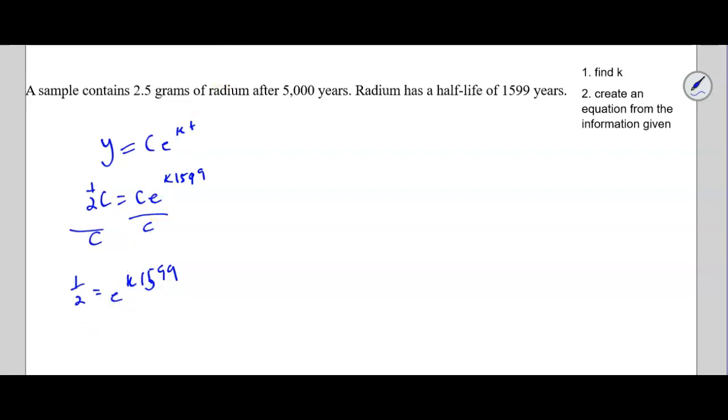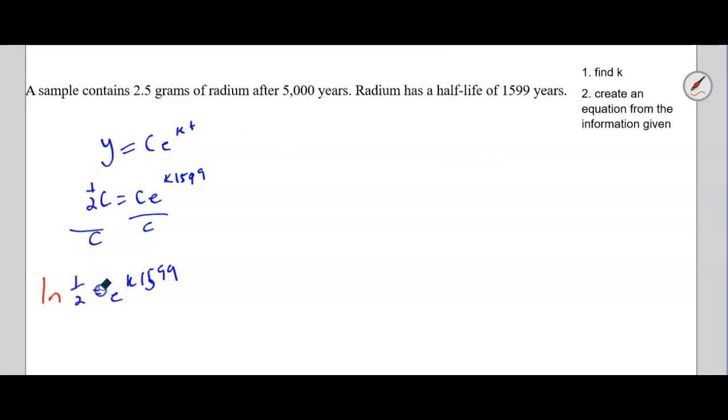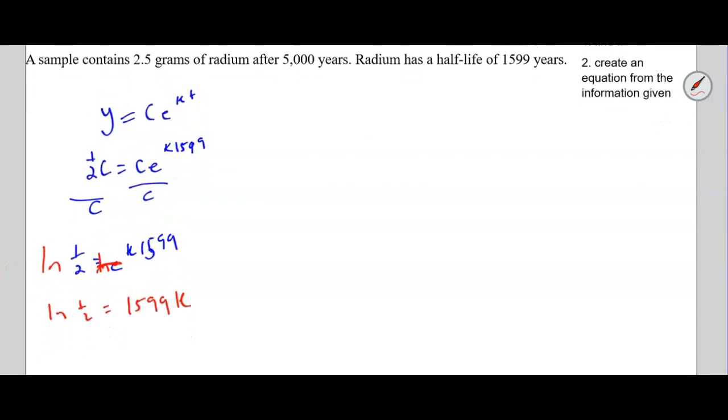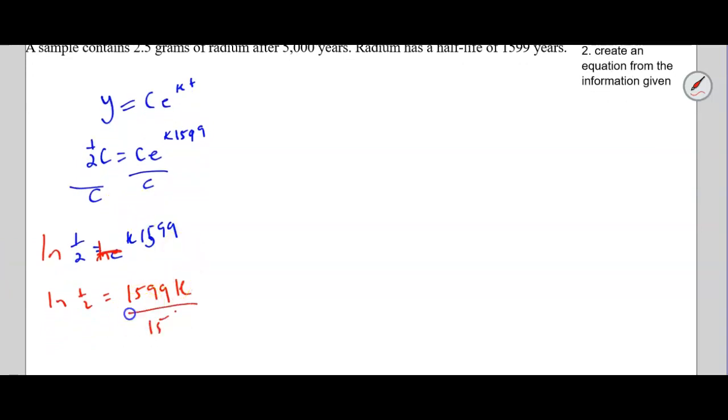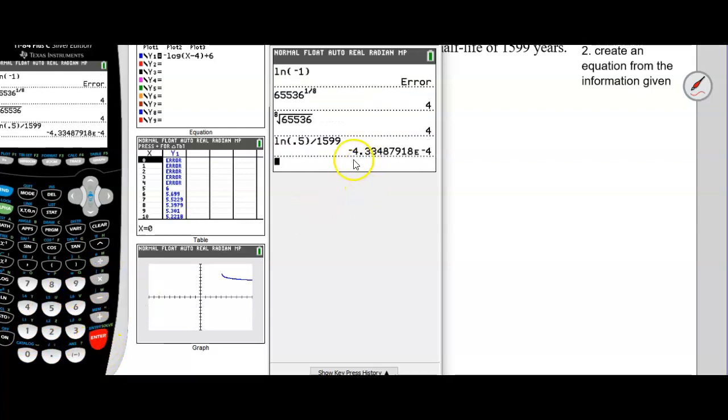Now I got e to the k times 1,599. Well, remember, you can't just solve that because of the variable, so you need to take the natural log of both sides. And e and ln cancel. Natural log of 1/2 equals 1,599k. And then you just divide by 1,599. Natural log of 1/2 divided by 1,599 gives me negative